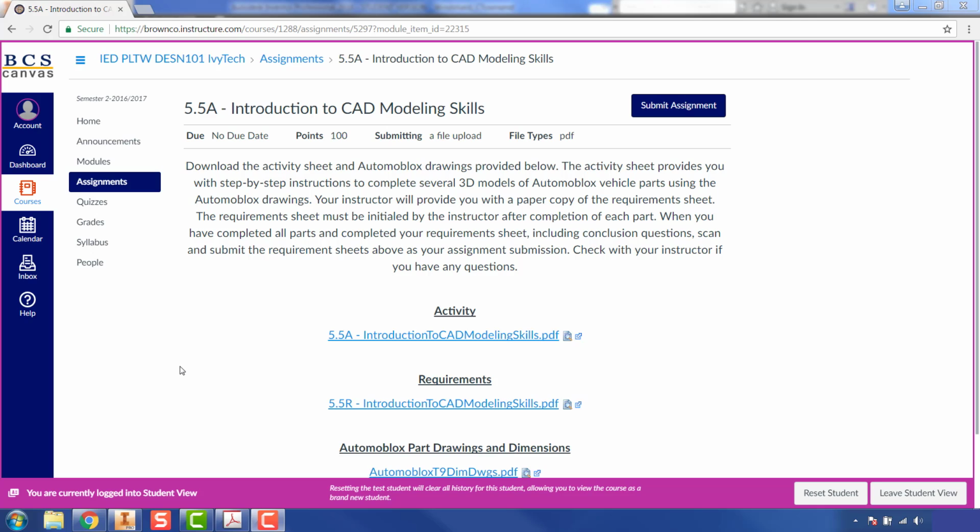Alright, so you guys are in the process of completing Activity 5.5a, Introduction to CAD Modeling Skills. I'm going to quickly go through the windshield. I'm not going to reference back to the dimensions, everything, just going to quickly make the part. You can pause it, rewind it, do whatever you need to do to help you out and get your windshield